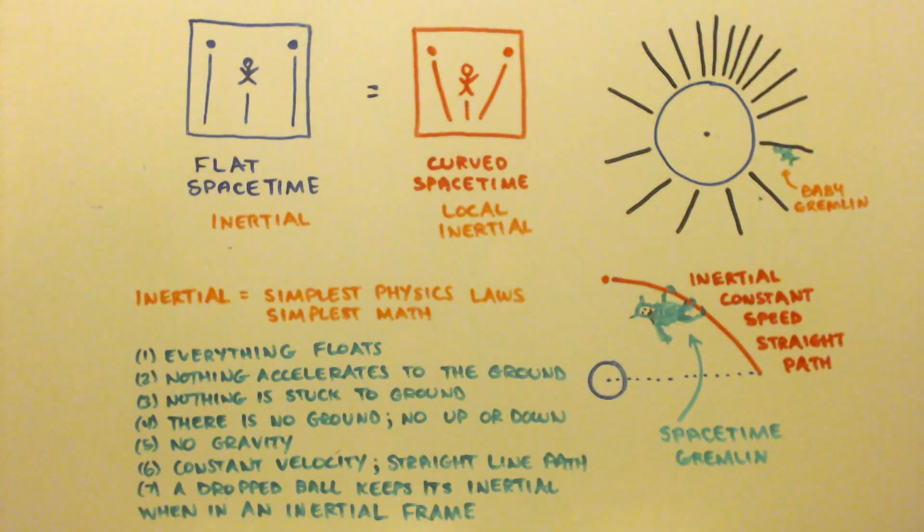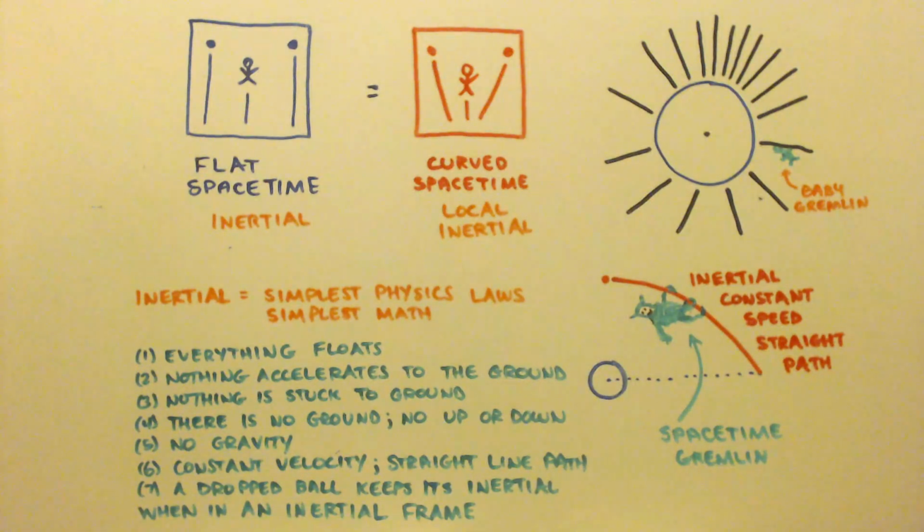Always just remember, an inertial frame is where the ball is inertial, meaning the floating ball test: you let the ball go in an inertial frame, and it just stands there. So what the hell is the difference between an inertial frame and a local inertial frame? They both have the same physics laws. So what's the big deal? How do you differentiate them?